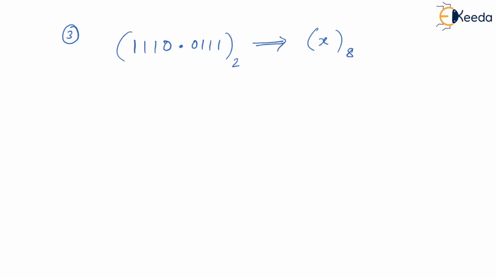Okay, let us understand. Nothing is going to change, at least for this part. So let me copy this. Again, I'm going to start from right to left. So right to left, I'm going to make groups of 3 bits together. As you can see carefully, 110 becomes the first group and the last one remains alone. Then there is a decimal point.